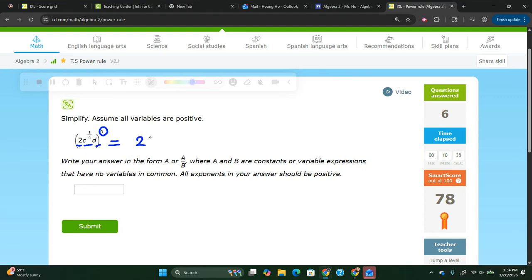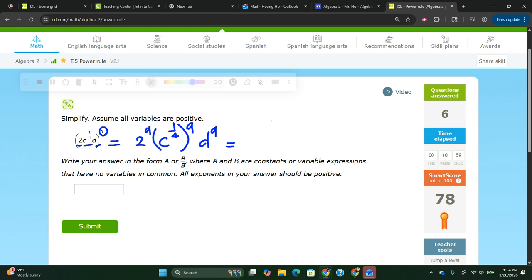So 2 power 9, C power 1 over 4, and then power 9 one more time, and then D power 9. Okay. 2 power 9, that is, let's see over here, it would be,